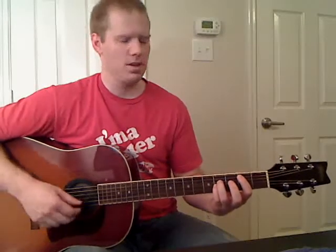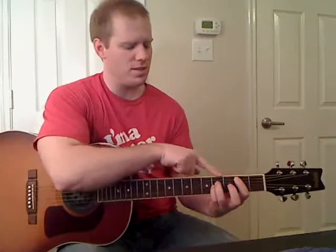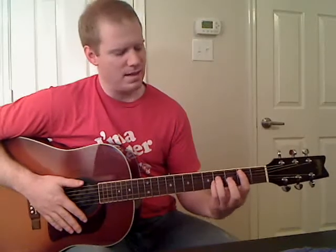Okay? Now this time around, assuming this is the beginning of the song, those are the only three notes you're going to play, just those three. So you've got to mute this thick E string and the B string and E string down here. You only want those three notes to come out. So it's best to mute here and not have to worry about it on this right hand. Okay? And the next time you go around through it, you're going to be able to play some more open strings, but this time it's just those three. And then you're going to play that for the same amount of time that you played the E chord. So it's going to go...